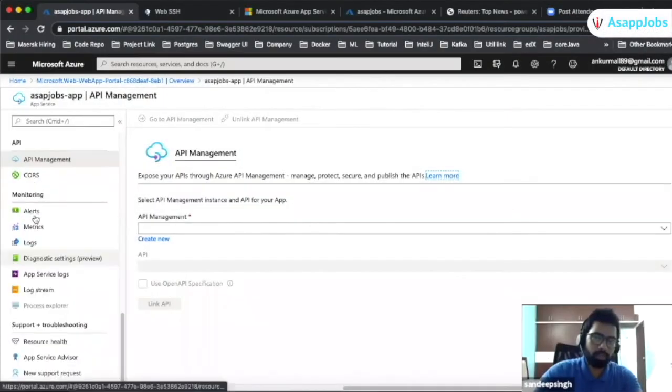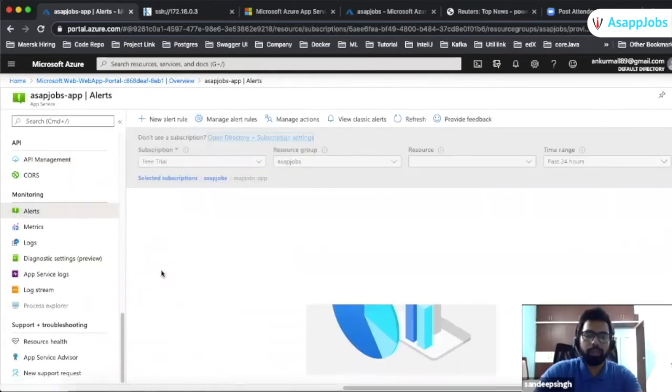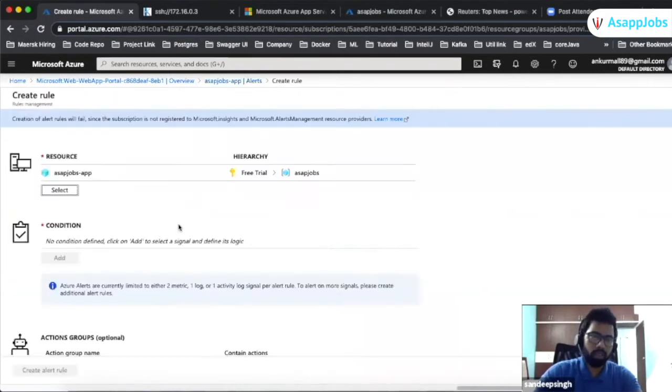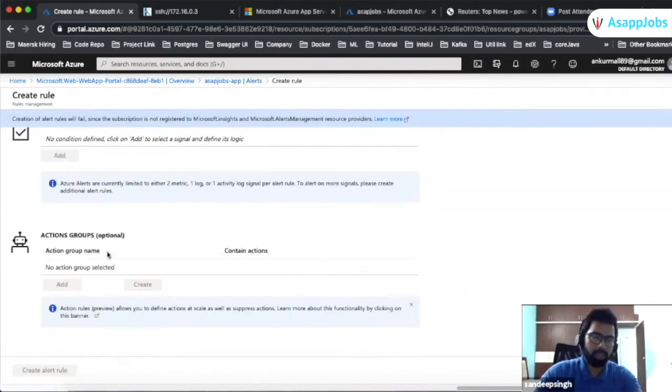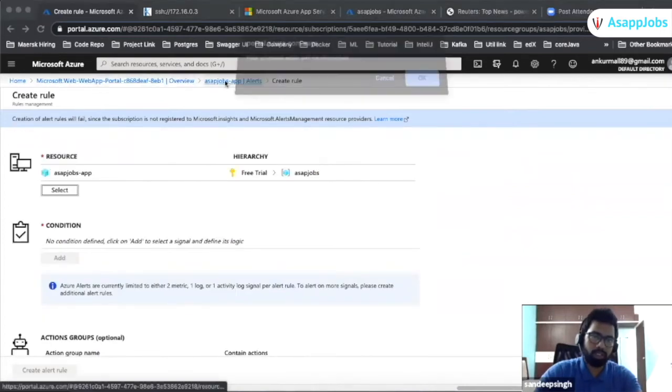You can see the alerts monitoring and all. You can specify alert monitoring. Let's say there is a problem in my web app, or my web app is down, I can have multiple logic, right? And so I can set alert rules here, like new alert rules. I can select this, and I can have multiple conditions, a bunch of conditions, and group email notification and all, everything I can do that.